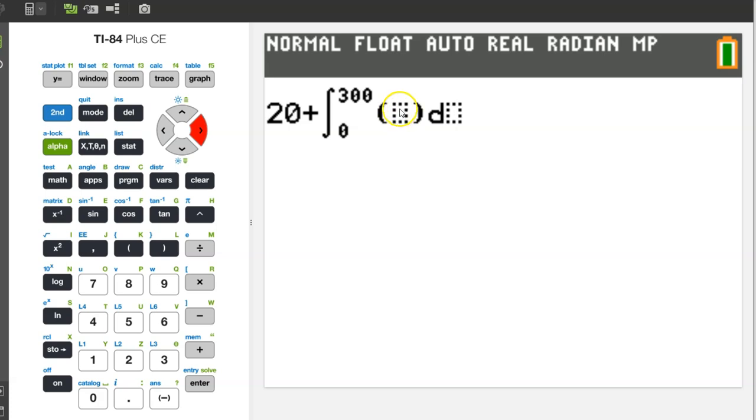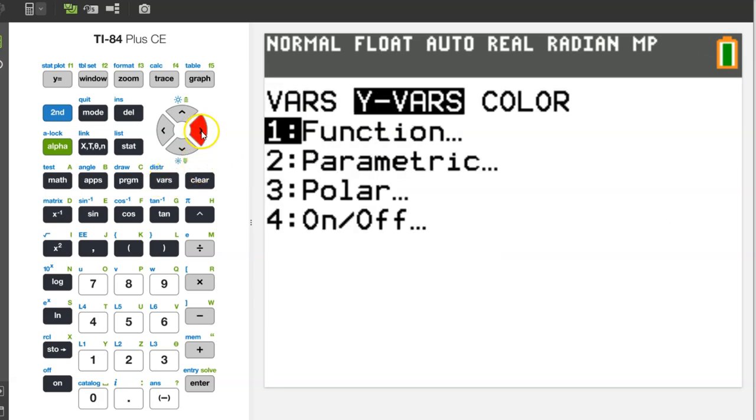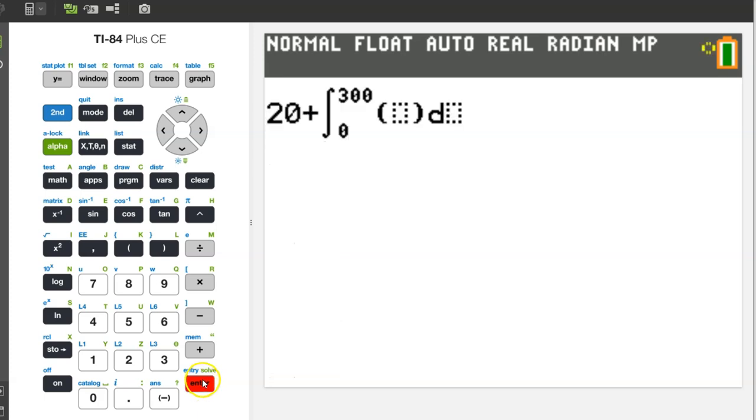Now it's time for r of t, which we typed into y1. We can access that y1 using the vars button. So hit vars, switch over to yvars, and hit enter for function, and then just hit enter again for y1. So this is really r of t. Now we wanted r of t minus 0.7. And this was dt, but we're stuck with the letter x, which is fine. Just hit enter,